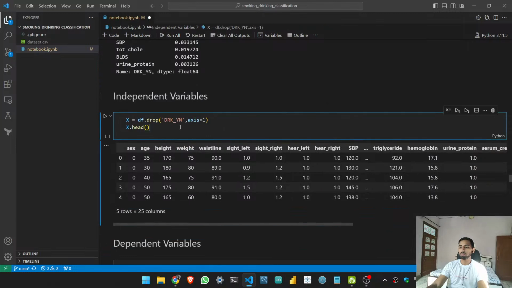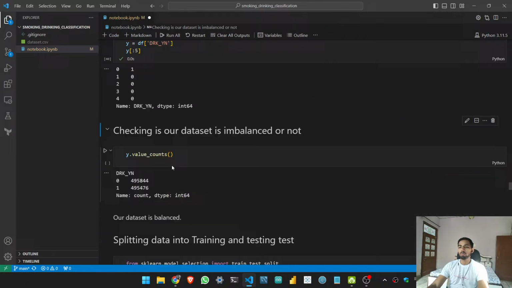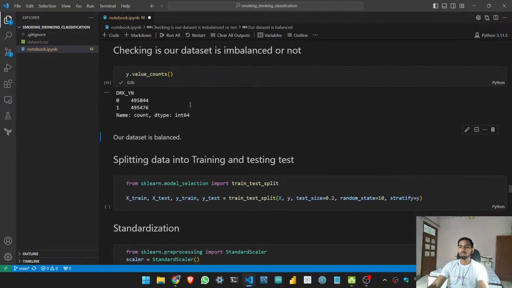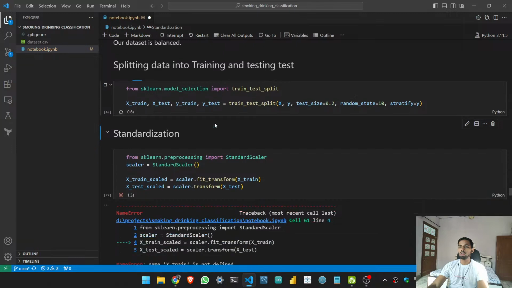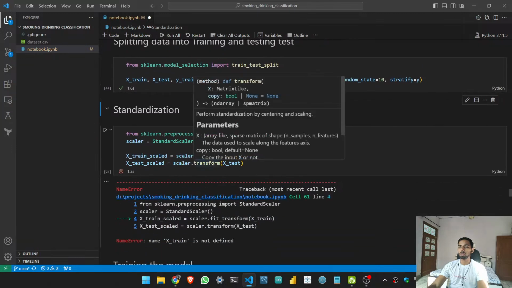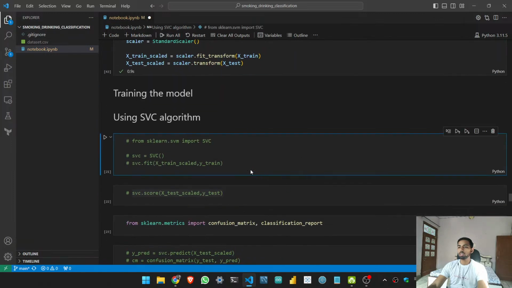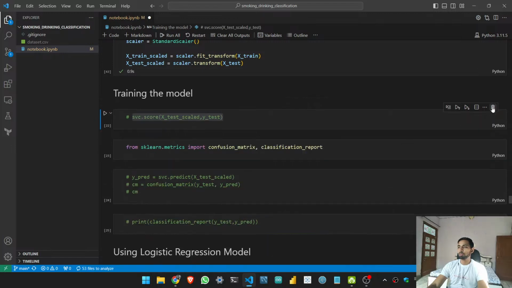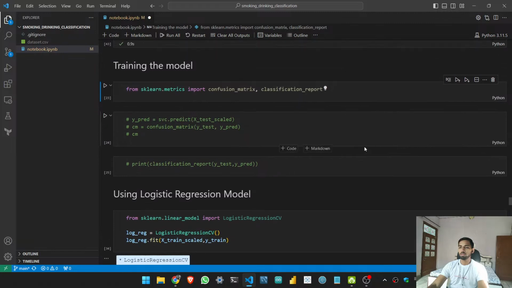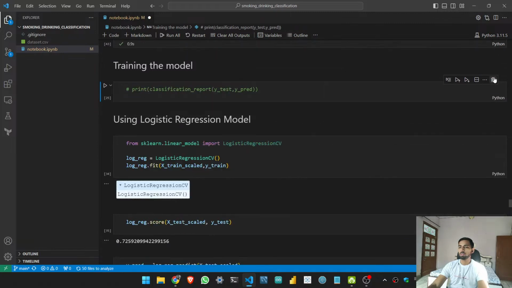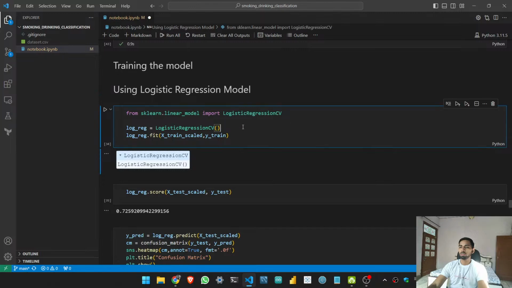So let me separate my x and y. Now check it. Now you split data. Now perform standardization. We can remove this because it is taking so much time. So we train using logistic regression,